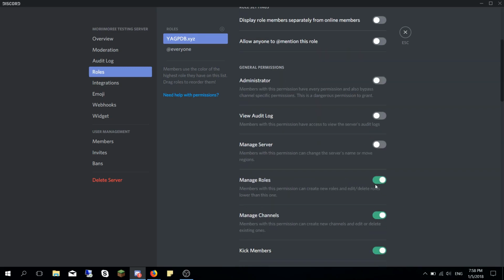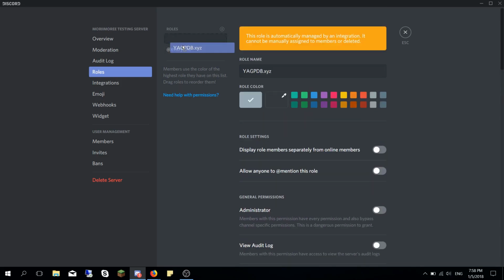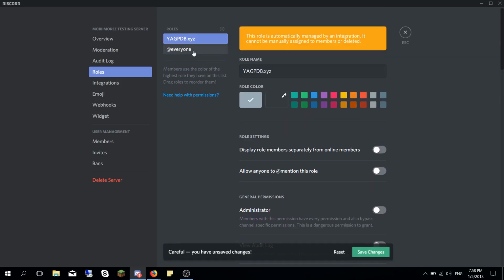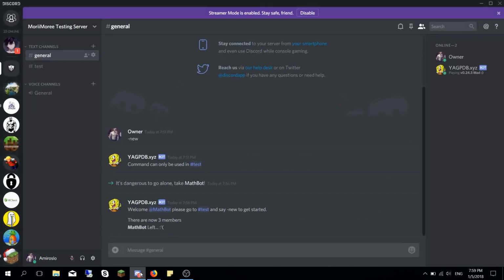I don't really play around. Make sure that the level here, if you have roles, we'll get back to it, that this bot is over them, so it can manage the roles, because it cannot edit or add a role which is more powerful or over him in level. I'll show you later when we go to roles. Anyways,